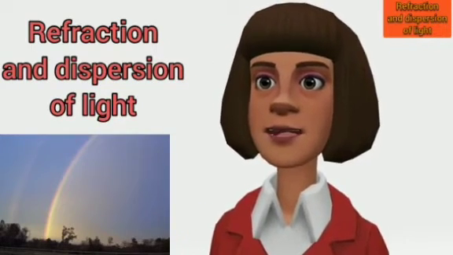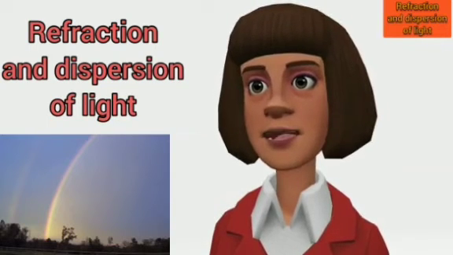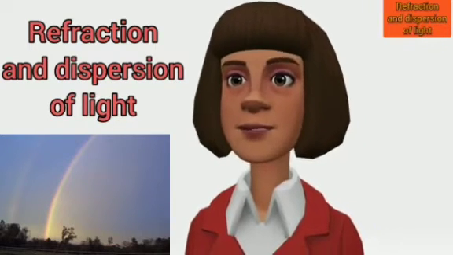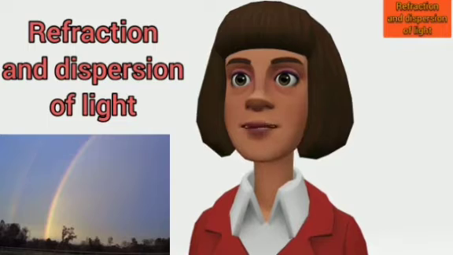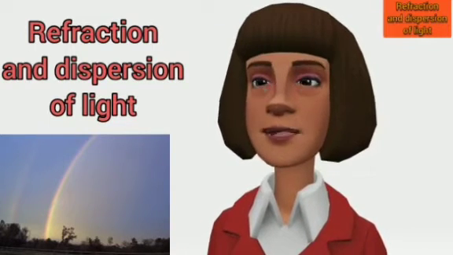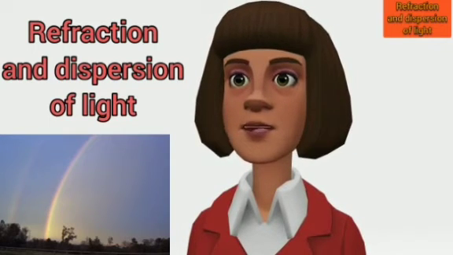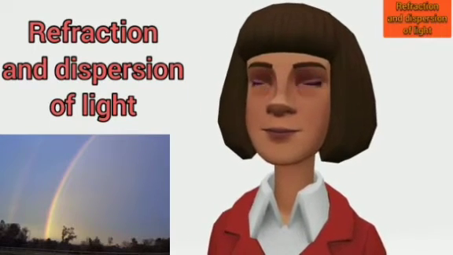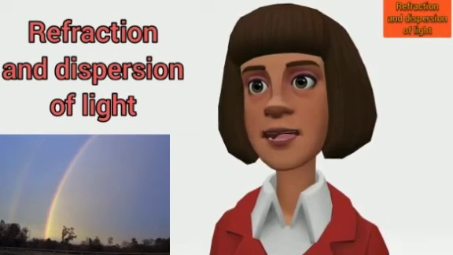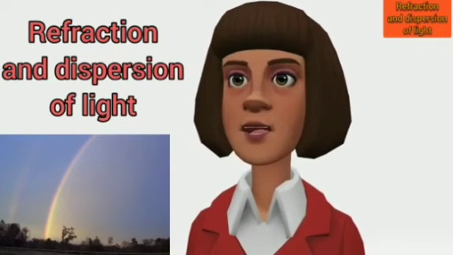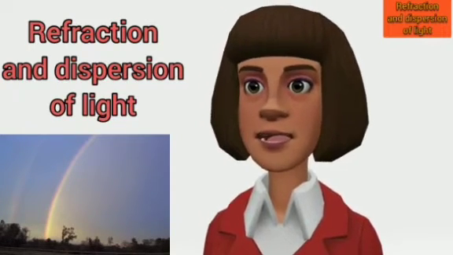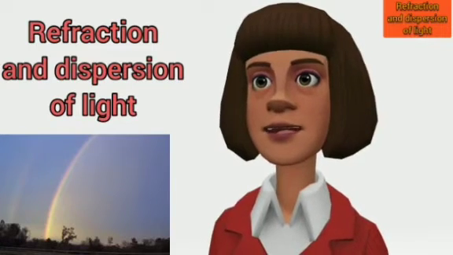It often happens that a light ray propagating in one transparent medium enters and then propagates in another transparent medium. For example, a light ray initially propagating in air may fall on a glass block or on the surface of water in a container. We will now study, in some detail, the characteristics of the phenomenon of the passage of light from one medium to another. Now let's talk about refraction of light.